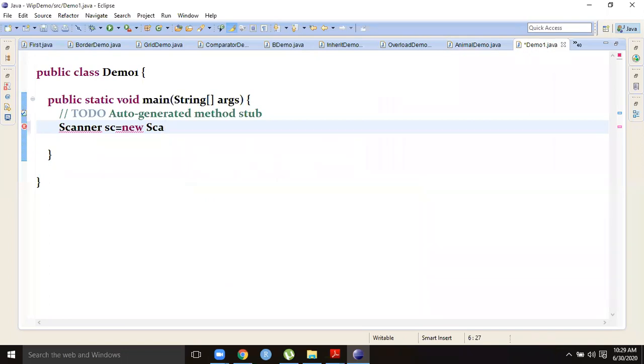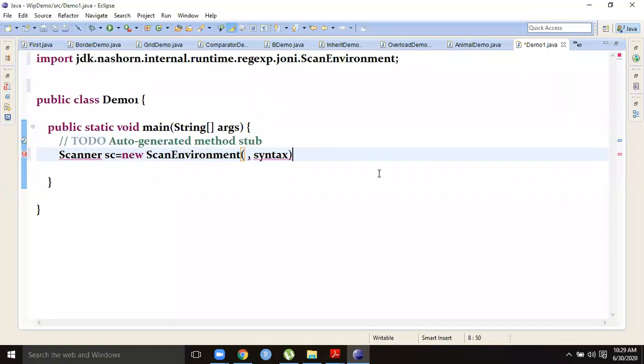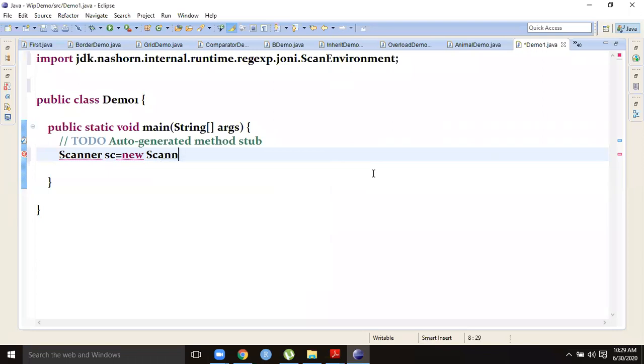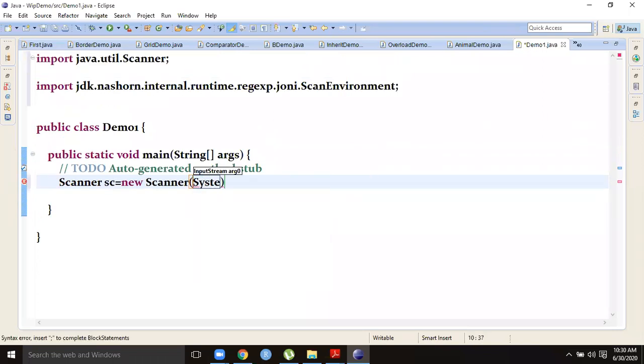If you want to type something, it shows you Scanner. In this, we have to write System.in.